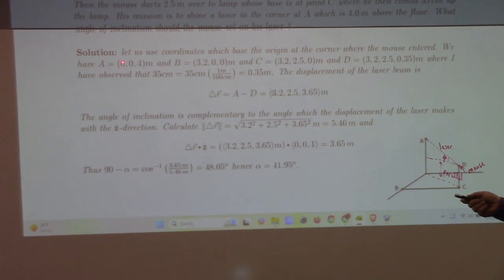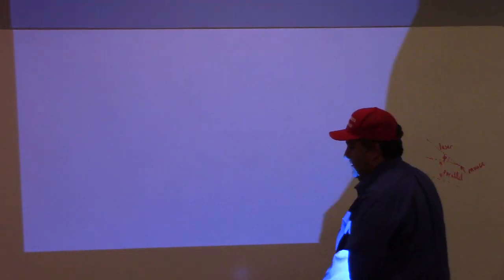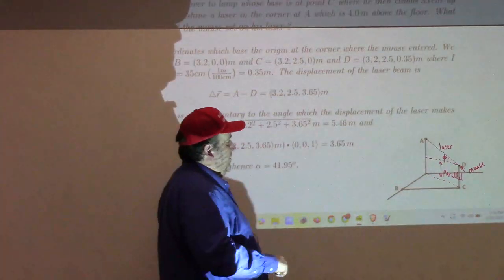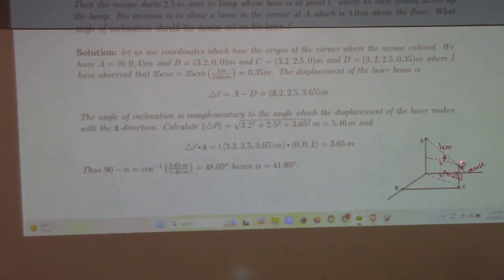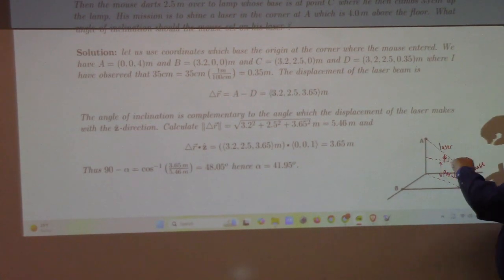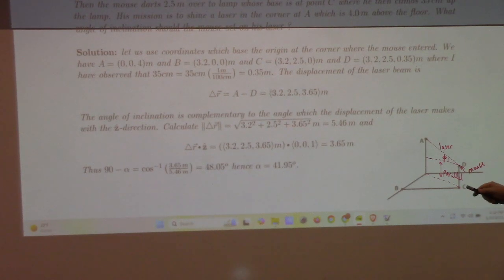So I think he's like a chemist. So this is A, which is 004. B is this point, 3200. C is that point, and D is this point. And so the delta R I'm interested in is to go from point D to point A. We're almost done. We're going from this point D to that point A, right? So A minus D gives me the displacement vector from here to here, right? And then I'm trying to find